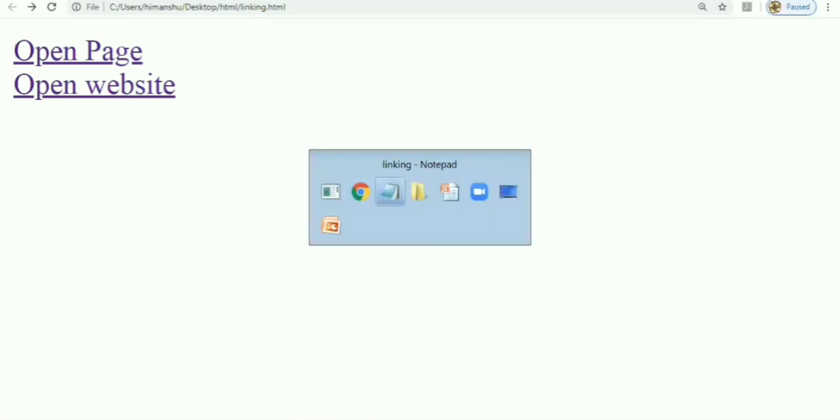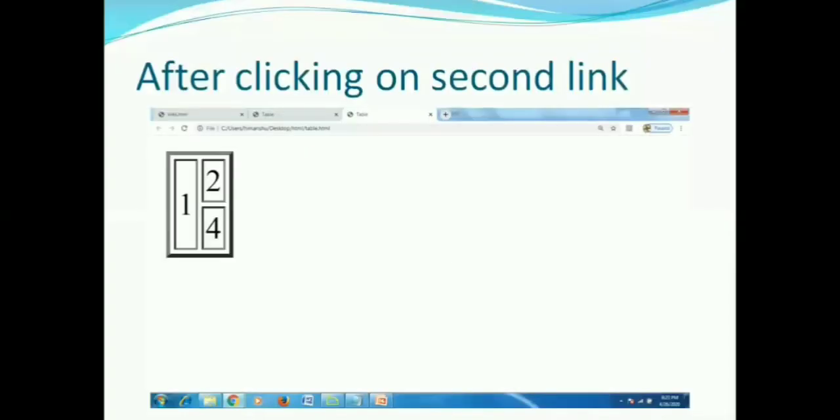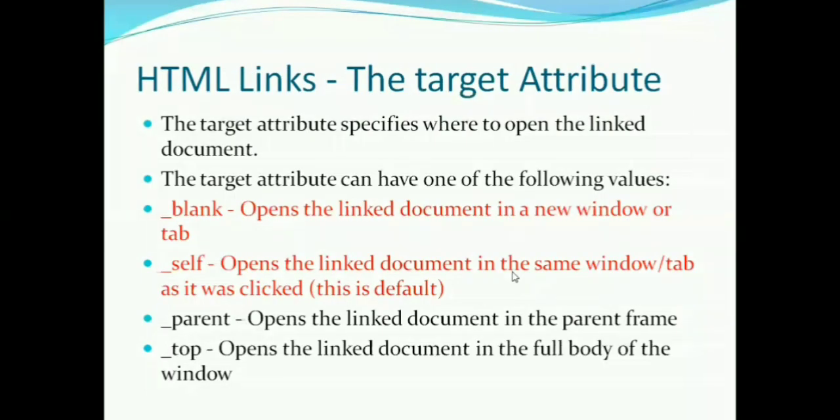Okay, now we will see which kind of linking is available there. Now we need to study about the target attribute, which we have already discussed.